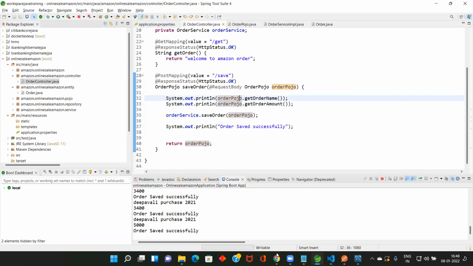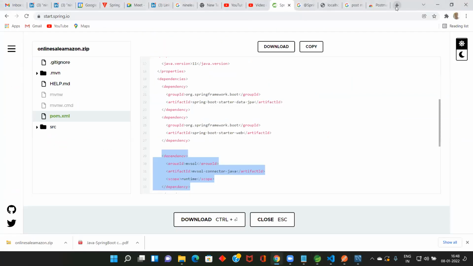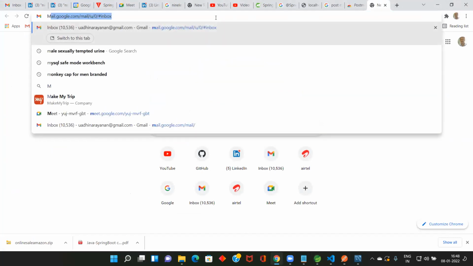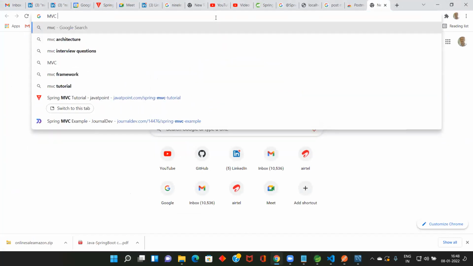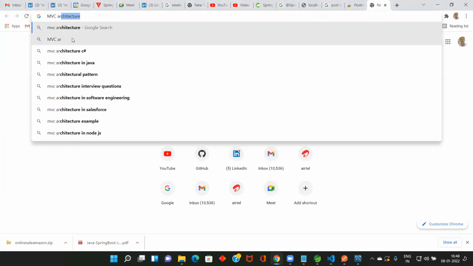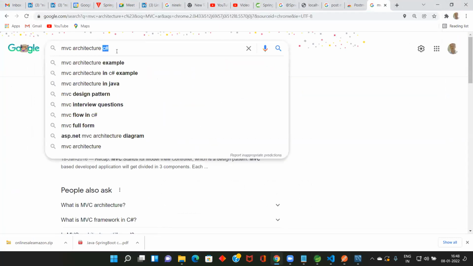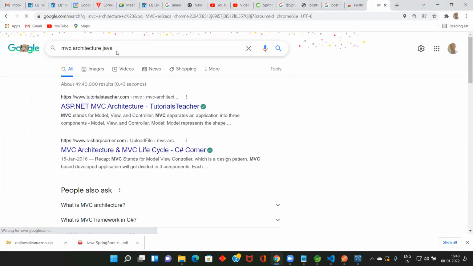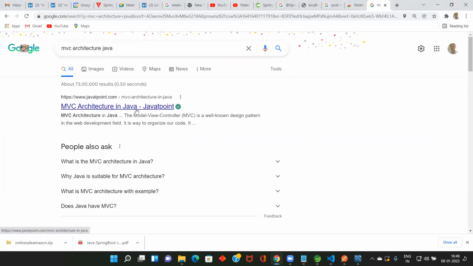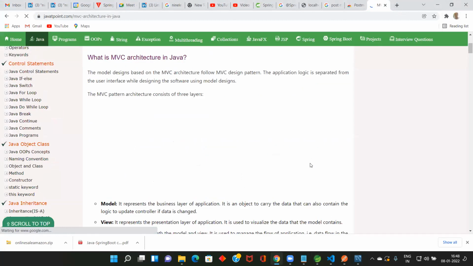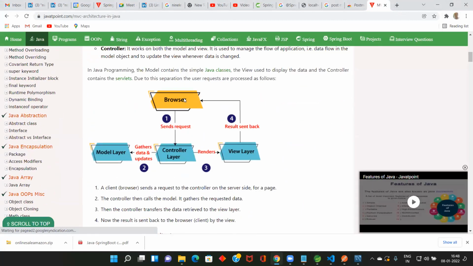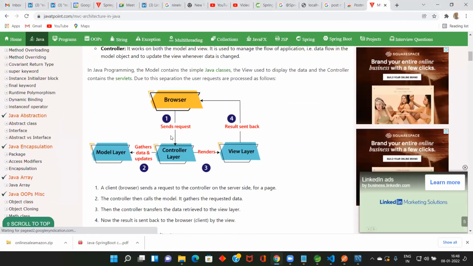So you should learn what is MVC architecture. MVC architecture in Java. See, MVC architecture in Java, JavaTpoint. So this is how it works. From browser, you are sending the request to controller.